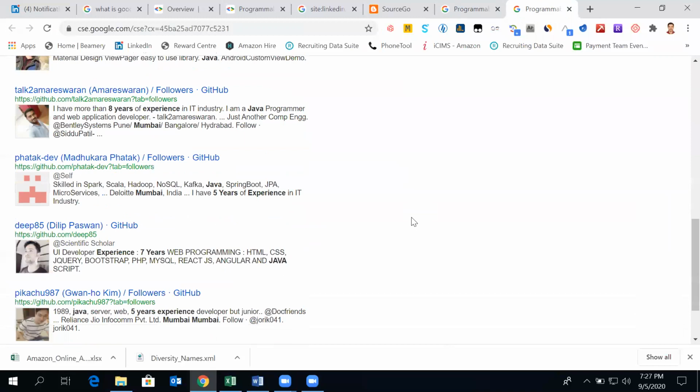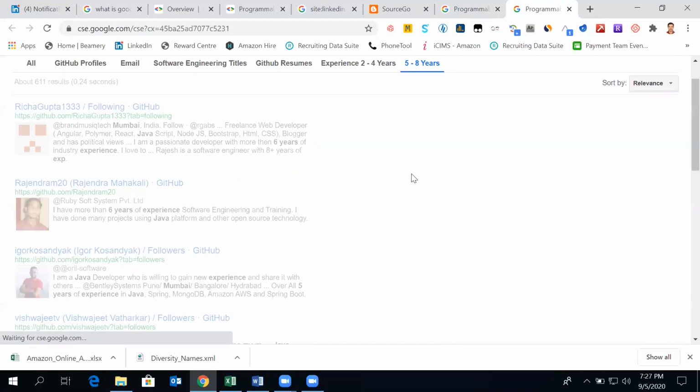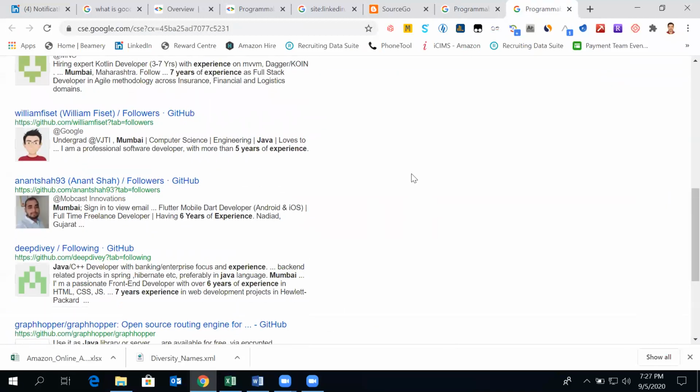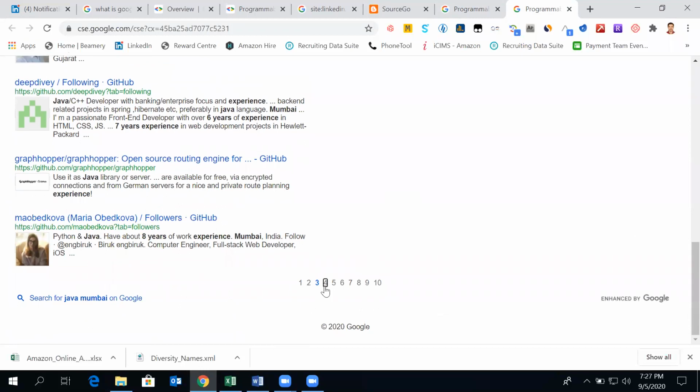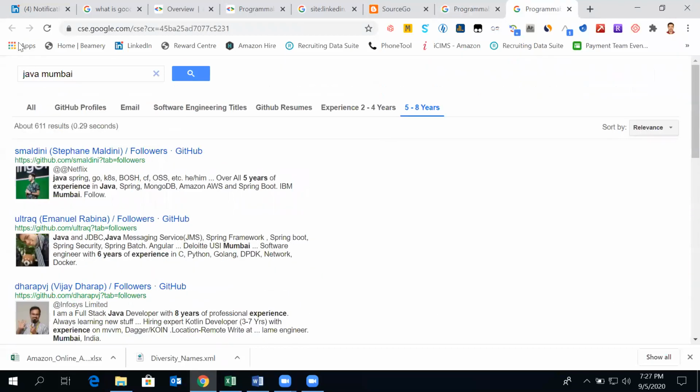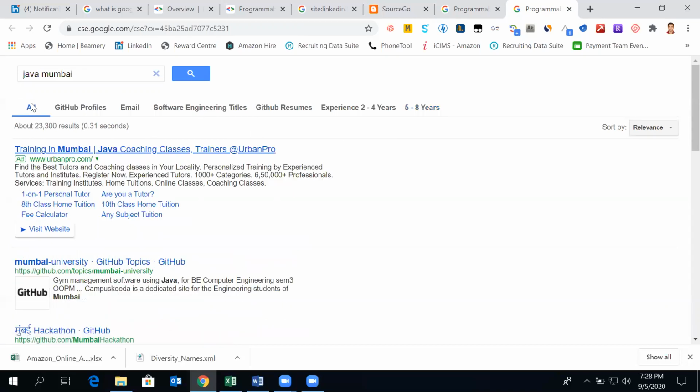Okay, so n number of refinements we can give in the backend, and that will not be counted as part of a keyword when we give a search in the front end. Here again we can give 32 keywords, but these filters are given in the backend, and these are not counted as part of the keywords which we would be able to give over here. So that's the beauty of our custom search engines. And the more we create, the more filters we give, by default it will start giving us proper results.